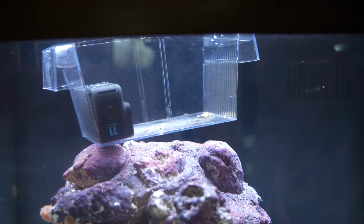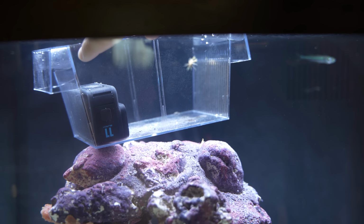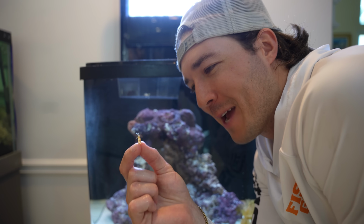Let's try a shrimp. All right, now I got a little tiny shrimp here. I'm gonna try to get in there. Did he get in? No, he went out the other way. The shrimp landed on the outside of the rock. No. Now I'm gonna let Tiny Tim float around with that crab for a second, but what I wanna do